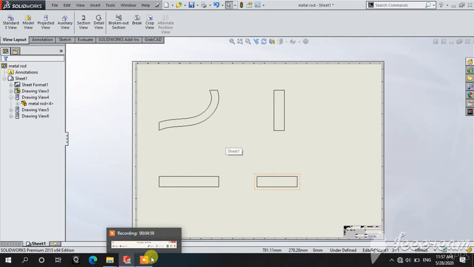Now you have to select this, OK, then you have to select the layout, which type of layout you want.